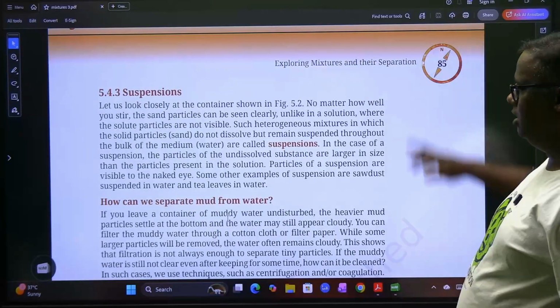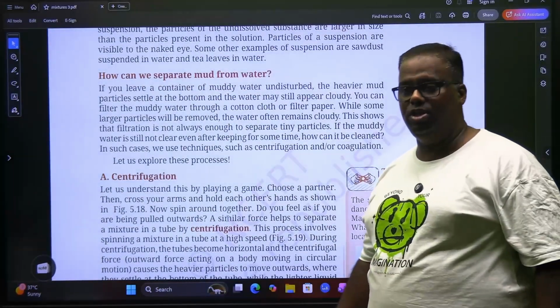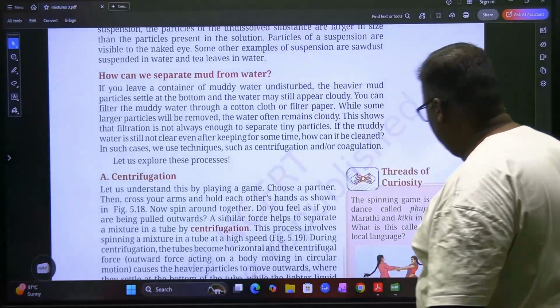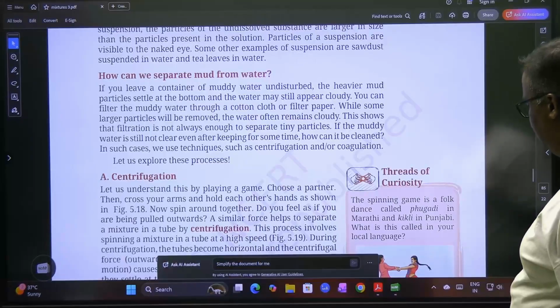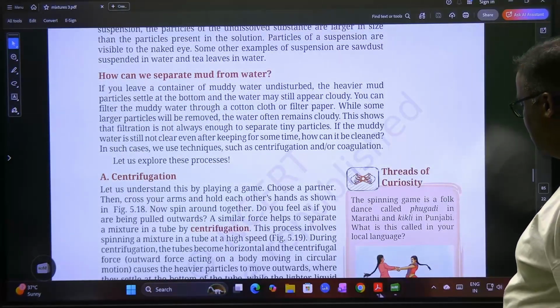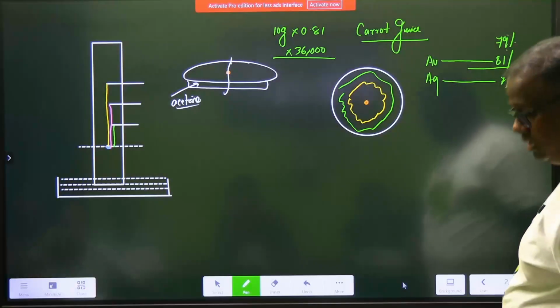Suspensions we have spoken. How do you separate mud from water? Mud from water, centrifuging. That's another one. Centrifuging. So let me give you a little bit of gyan on centrifuging. It is something like this. Blood sampling, but first understand, what is this thing? Okay. When